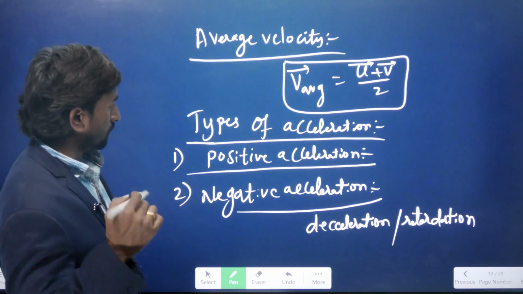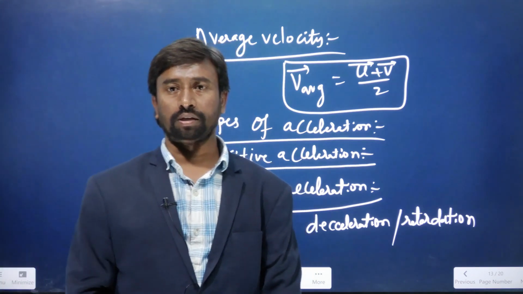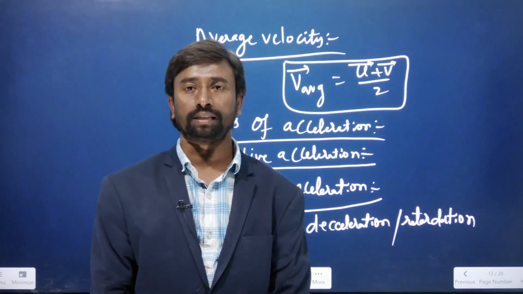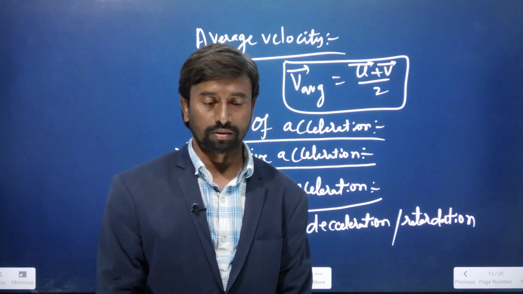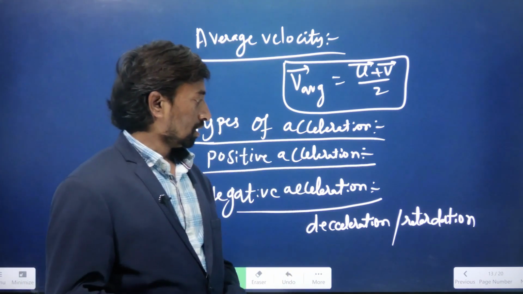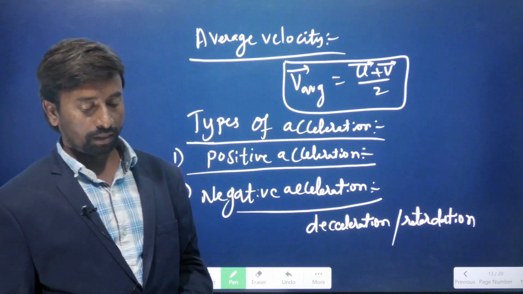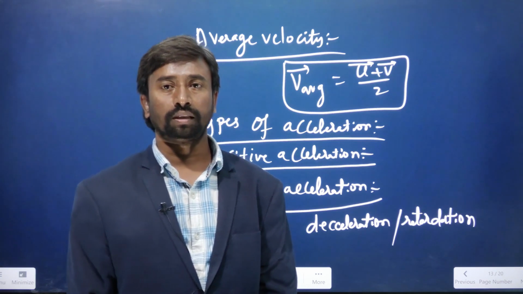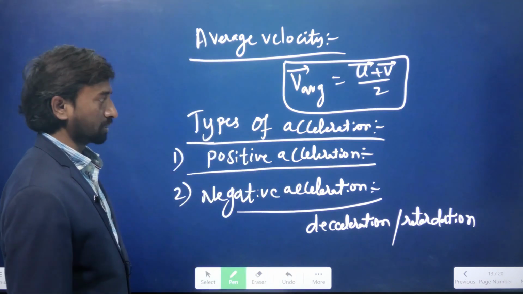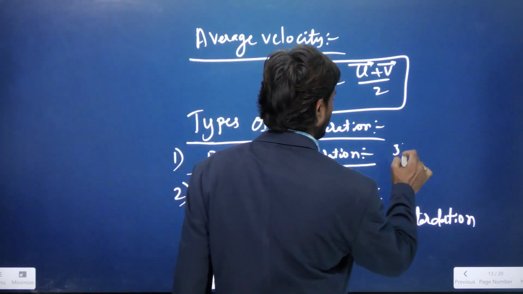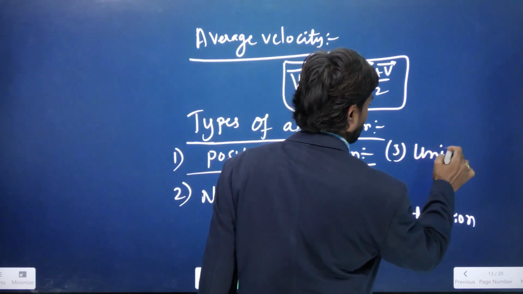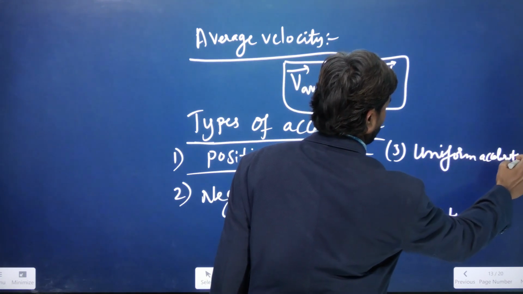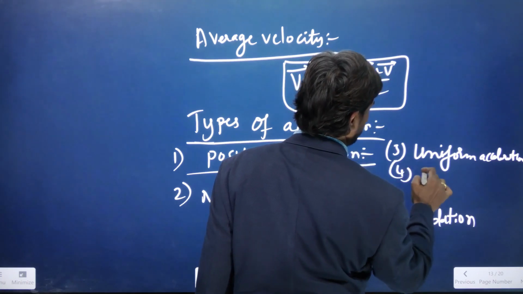So this is the next one: uniform acceleration and non-uniform acceleration. If a body is moving with constant acceleration, then that acceleration of the body is said to be uniform acceleration. Non-uniform acceleration means the acceleration of the body changes in its journey. Then we can say that the acceleration of the body is non-uniform acceleration. Third one is uniform acceleration, and non-uniform acceleration is the fourth one, and the last one is